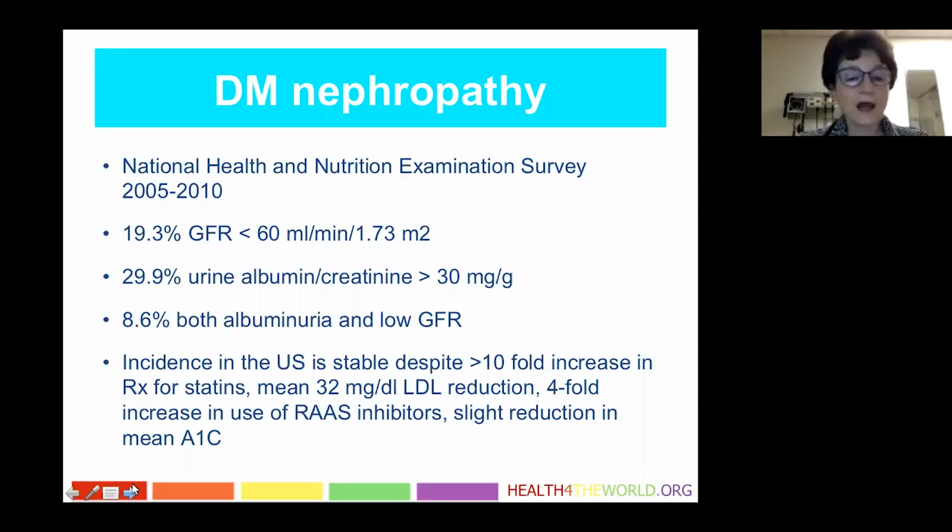29% of the patients have urine microalbuminuria or albumin to creatinine ratio over 30. 8.6% of the patients will have both albuminuria and low GFR. Incidence of nephropathy in the US has been stable over the years, despite actually our increased risk